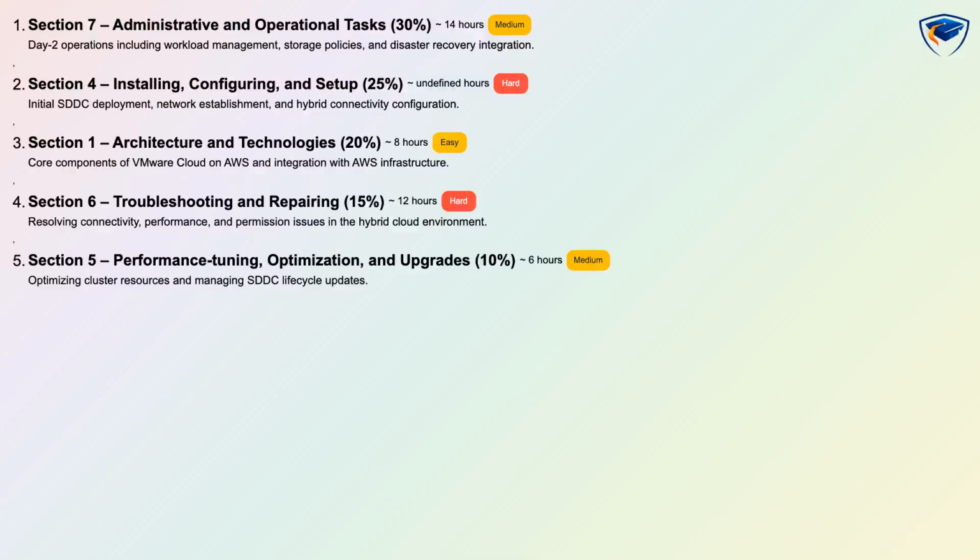Section 7, Administrative and Operational Tasks, is 30%. Section 4, Installing, Configuring, and Setup, is 25%. Section 1, Architecture and Technologies, is 20%. Section 6, Troubleshooting and Repairing, is 15%, and Section 5, Performance Tuning, Optimization, and Upgrades, is 10%. Expect a mix of conceptual, scenario-based and hands-on assessment styles with varying difficulty levels and estimated study hours noted for